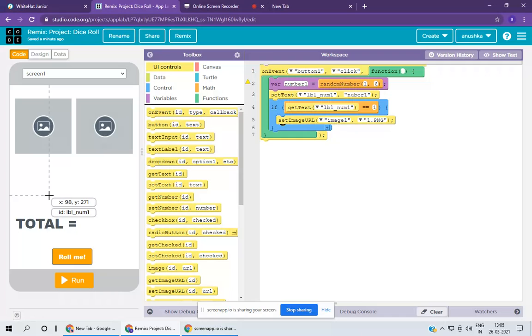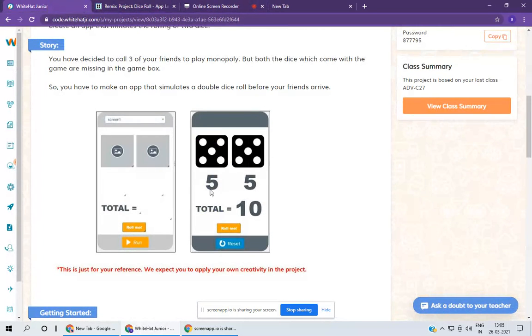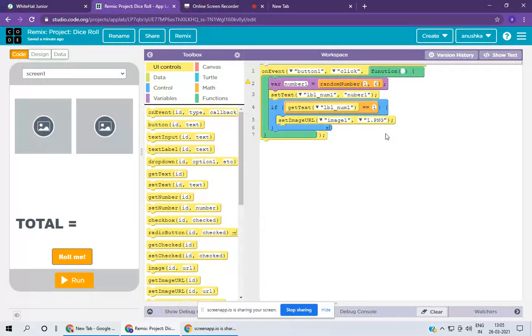See, there is label number 1 and here is label number 2. The answer should come in label number 1 and label number 2. Like here, 5 and 5. So this is label number 1, this is label number 2.